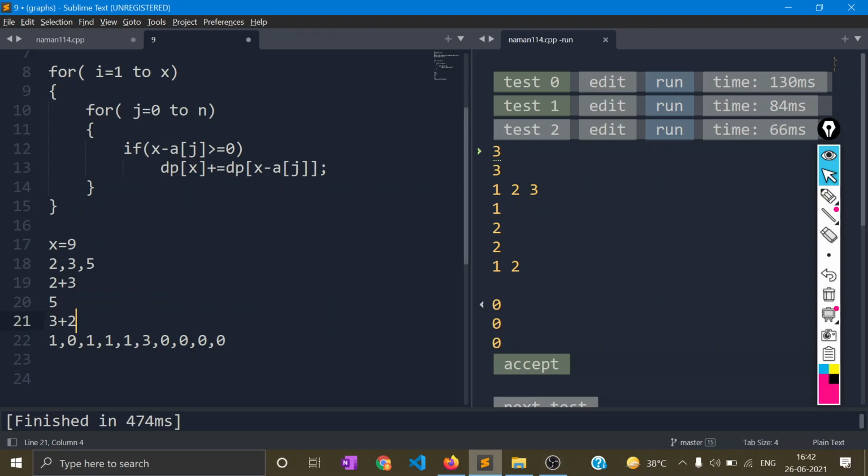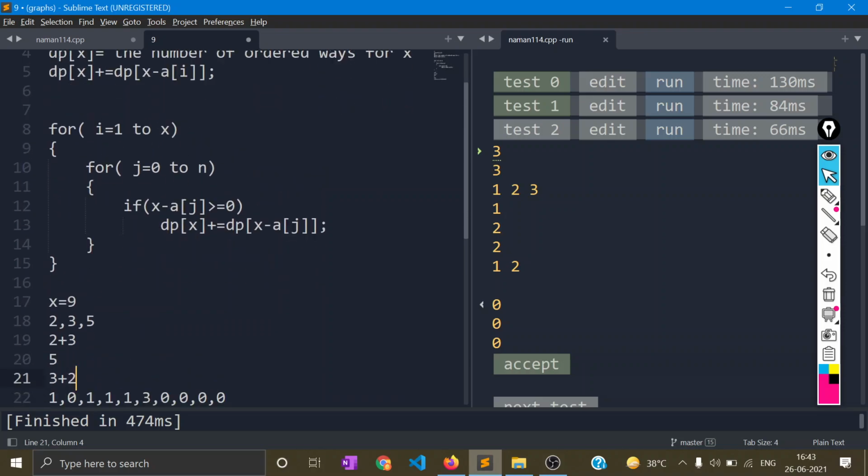How will we be able to count the different order? This was because we are iterating from 0 to n, and we are calculating all the possible combinations from 3 plus 2 and 2 plus 3, right? That is why we are considering these things twice. It is a very important point, because in the final solution I just have to make this down and this up, and here would be the answer. But understanding the part is more important to this question, right? So you could see how I am considering different orders here.